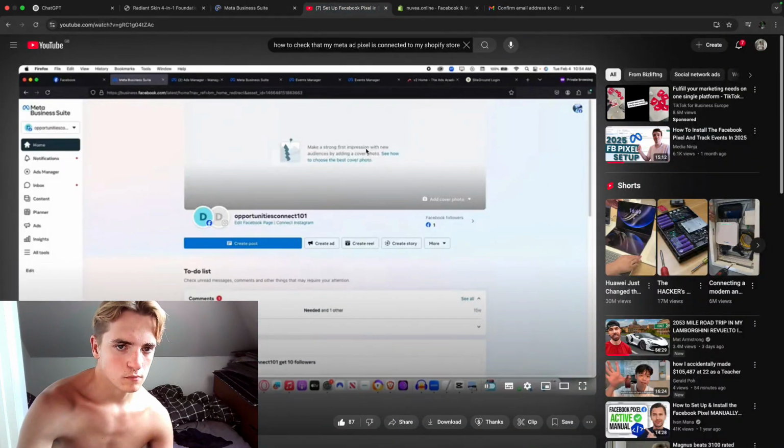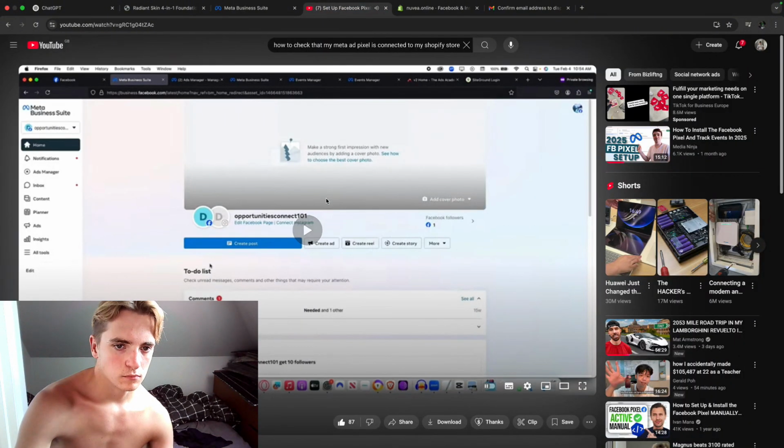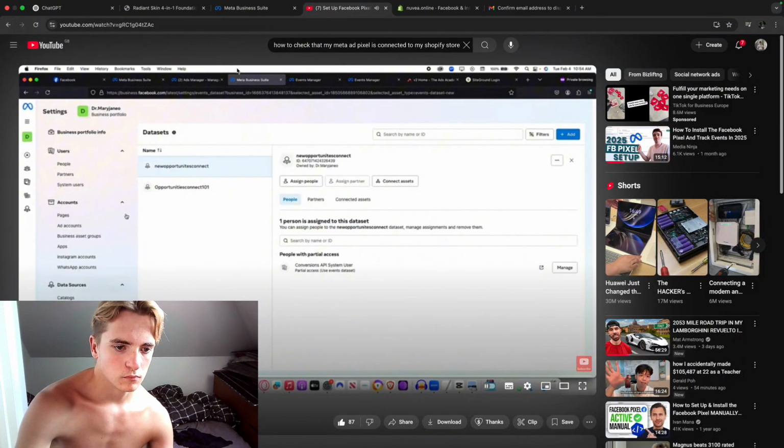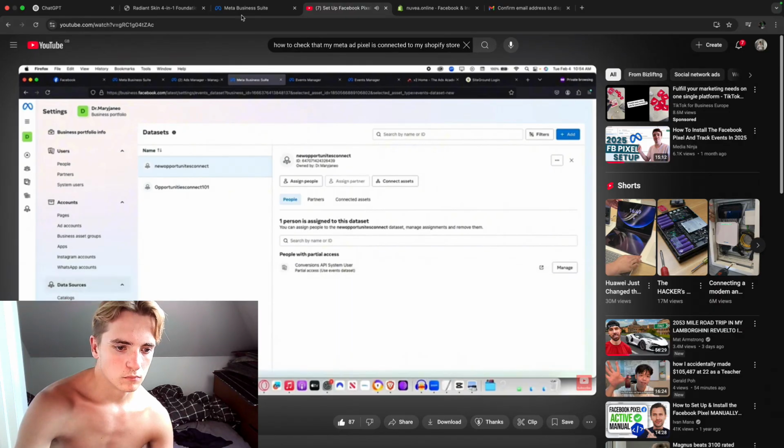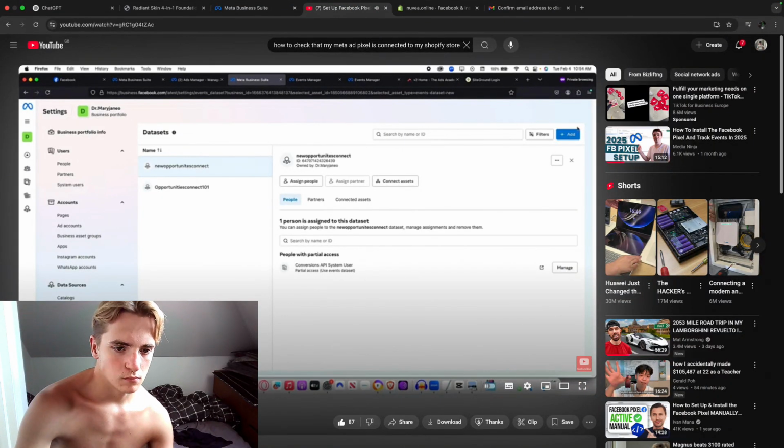Right, just here. And then it will take you to this page. Then all you have to do is to come to data sources. Look for data sets, right? Before it was pixels, but now it's data sets. So you look for data sets, and then you click on the add here, and then you